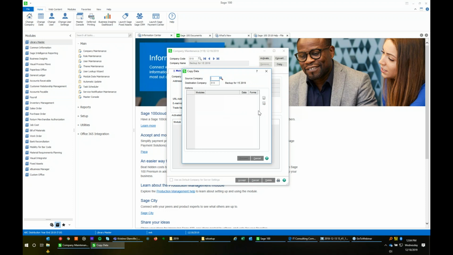And this is the next screen that we come to. This is where we tell it what company we want to copy from. In our situation here, we're going to be copying from Y19. And this is a very important step if you are going to be making your own copies to make sure